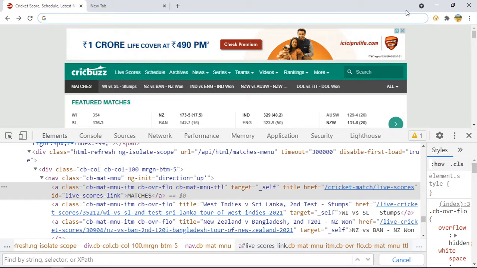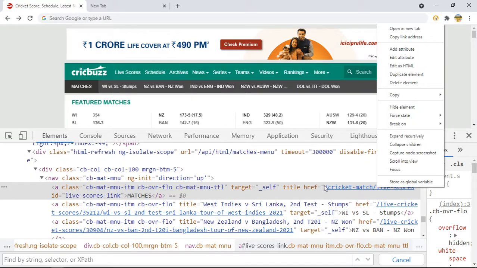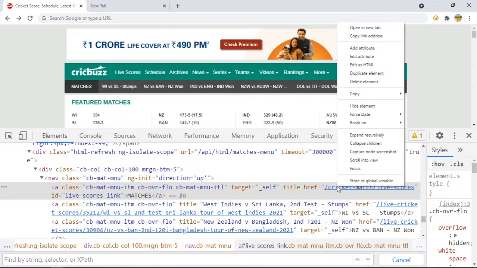Sumit: Yeah, what if I want to use the href here? You see, the title href is equal to this link. Yeah, if you want to use it, you can do it like this. But this link is very big.